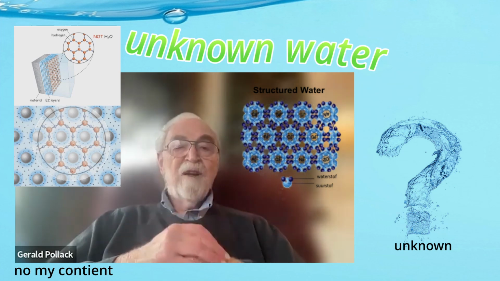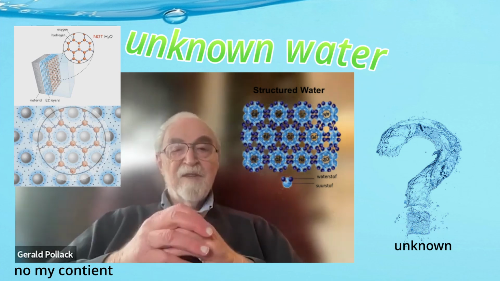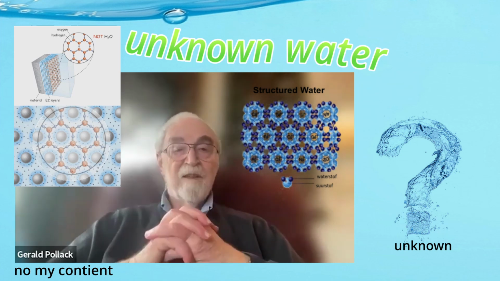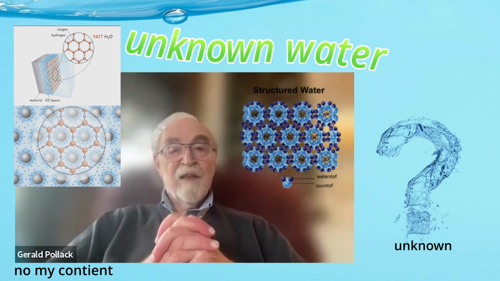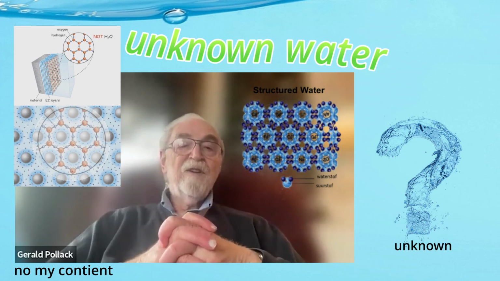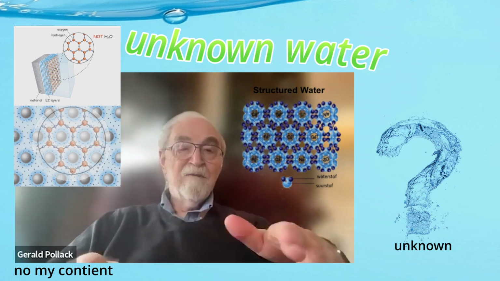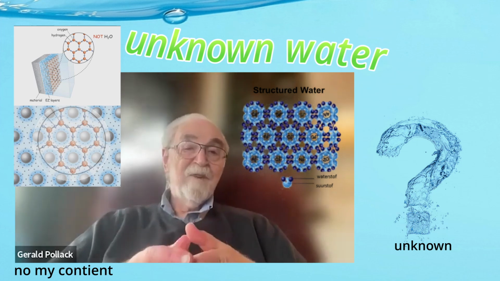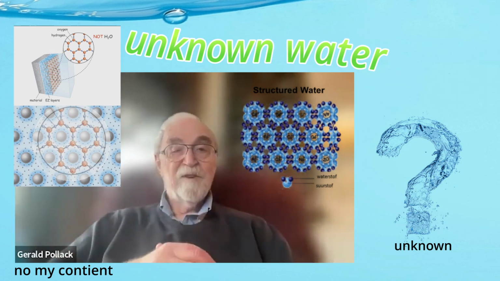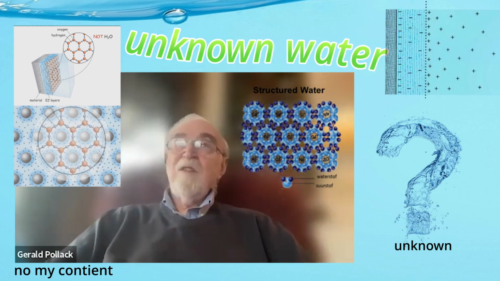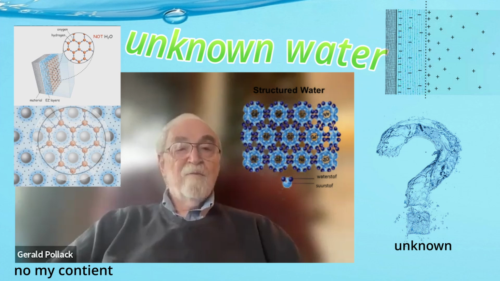Now, when you have ordering like that, the molecules are lined up. When molecules are lined up, it's like a crystal, actually a liquid crystal. And to obtain a liquid crystal, the original material has to be cleared of contaminants, because if it has contaminants, it's not pure. So it has to exclude the contaminants as the crystal forms. So we were looking for a region of water that would exclude contaminants.